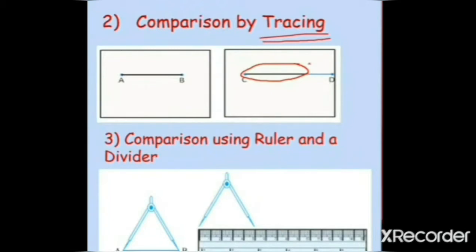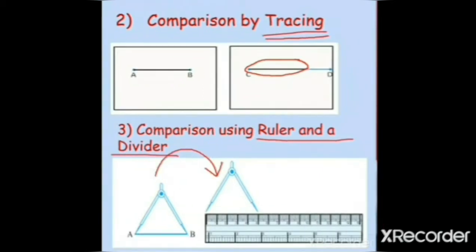Have you seen or can you recognize all the instrument in your instrument box? Among other things, you have a ruler and a divider. Note how the ruler is marked along one of its edges. It is divided into 15 parts. Each of these 15 parts is of length of 1 cm. So ruler has length of 15 cm. How many millimeters make 1 centimeter? 10 millimeters. 10 millimeters make 1 centimeter.